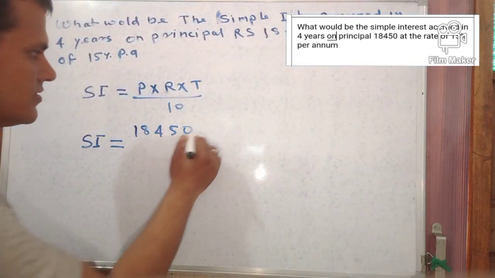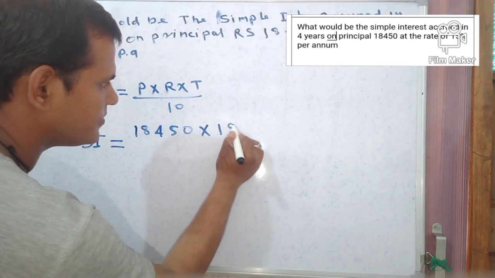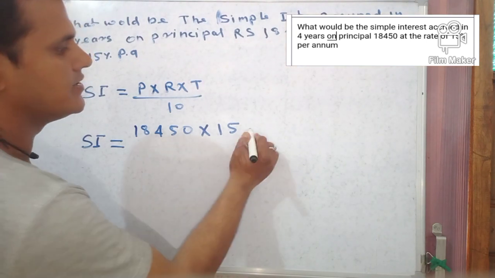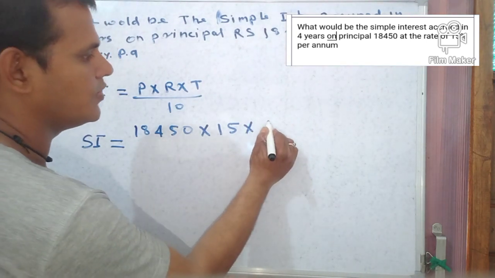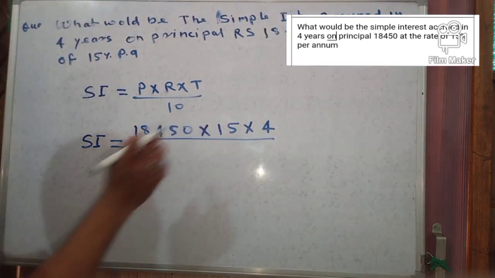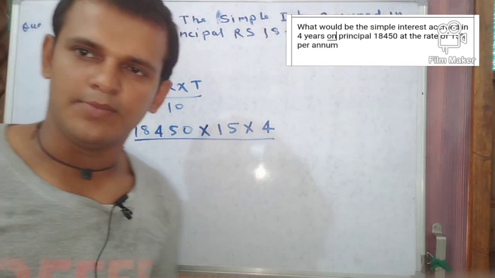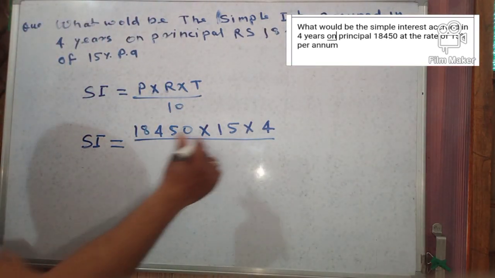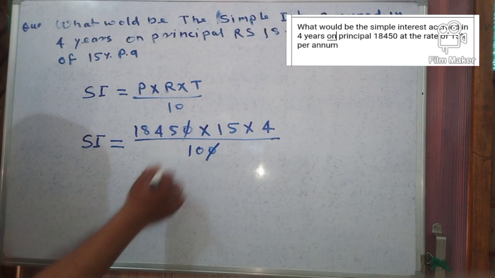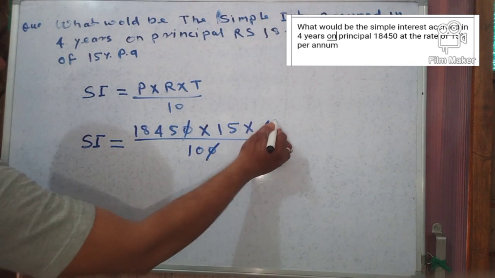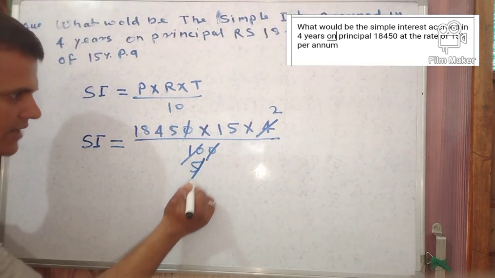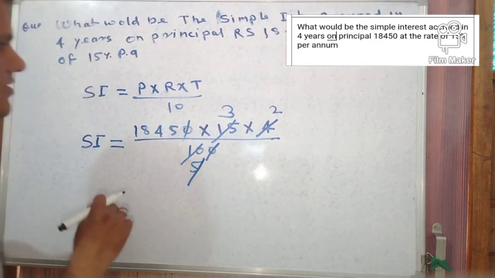Okay. Rate of interest is given 15%. So substitute here very carefully. 15%. Percent means by 100. So keep rate as 15 by 100. Okay. And time duration is 4 years. This is 15% PA, means per annum, so don't change it. And by 100. So 0 and 0 cancel. 2 2s are 4 and 2 5s are 10. 5 3s are 15. Okay.